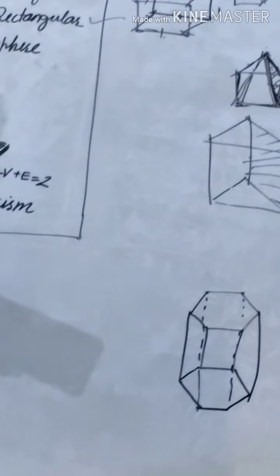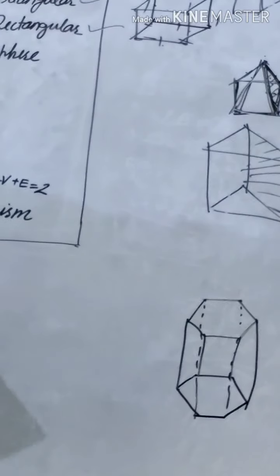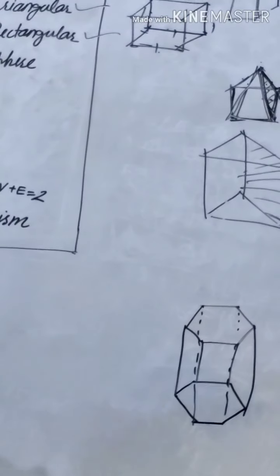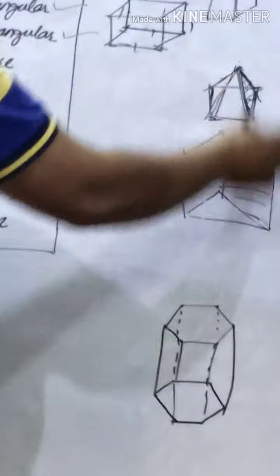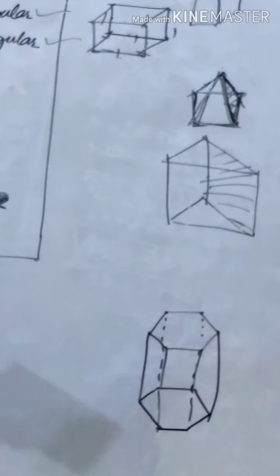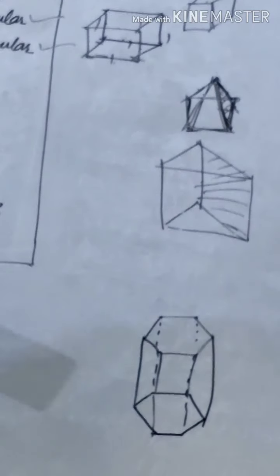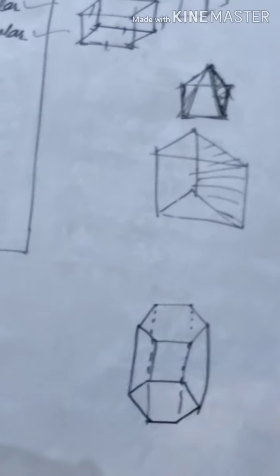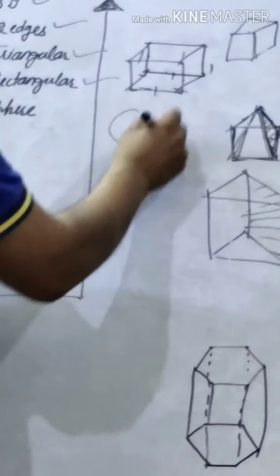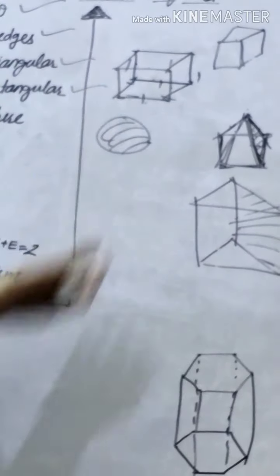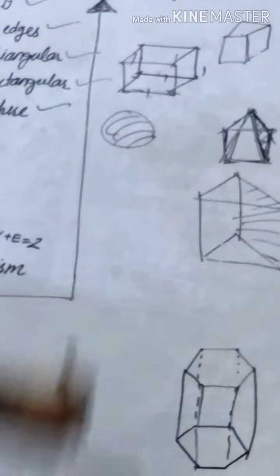So now fifth question, which out of the following is not a polyhedron? Polyhedron means whose faces are polygons. Hear this. These all are examples of polyhedrons. So now which out of the following is not a polyhedron? Cube, cuboid, pyramid, and then one is sphere. So my dear students, in a sphere no face is a polygon, so its answer is sphere.